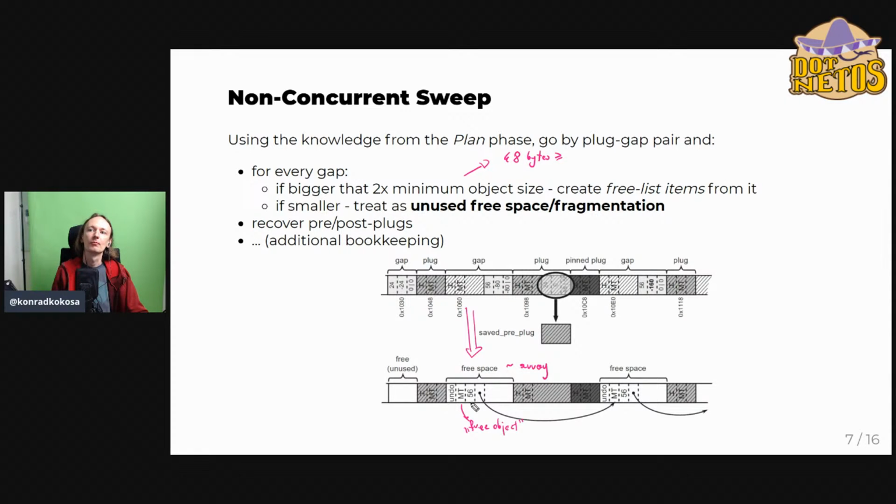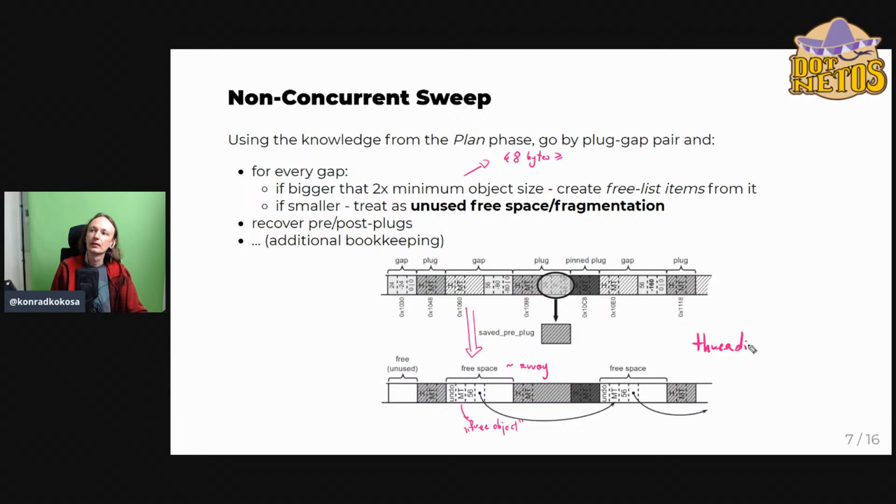So the first field after the method table is the size of it in terms of number of elements, but the elements are bytes, so in the end it is just information that this free space is of this size. And then we are also storing the pointer to the next free space. And because of this, all this is called threading,